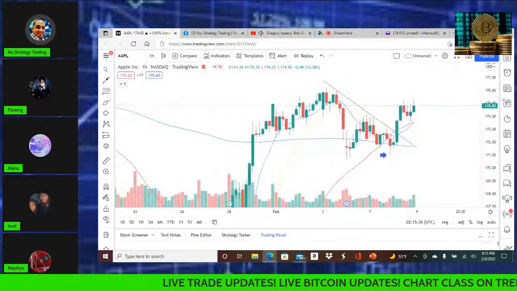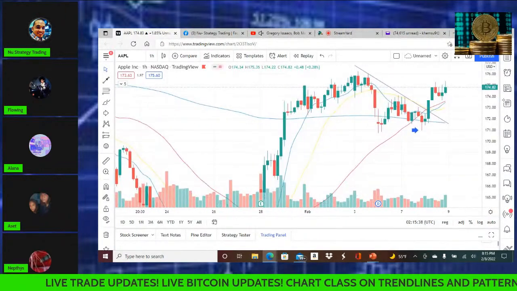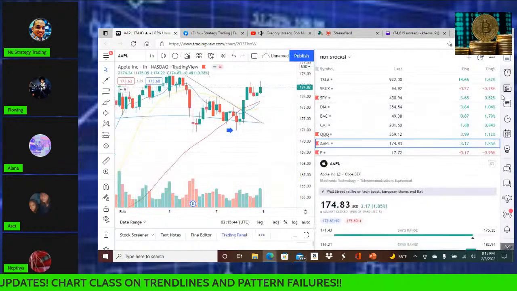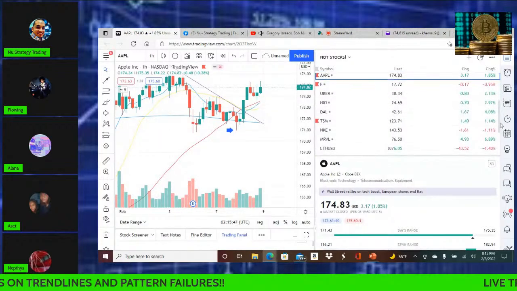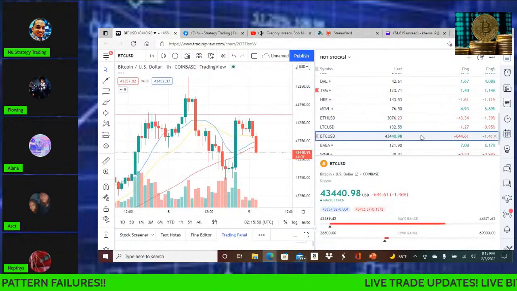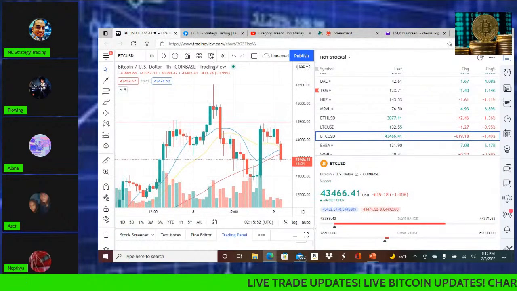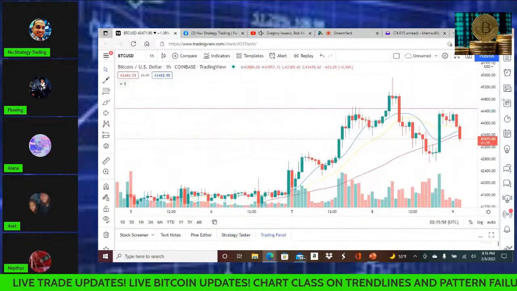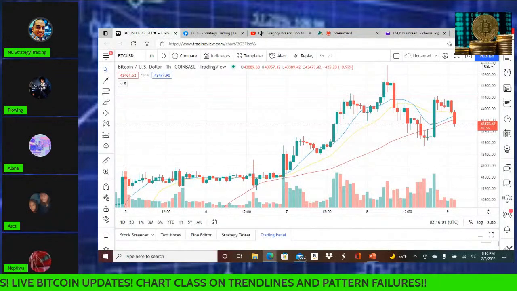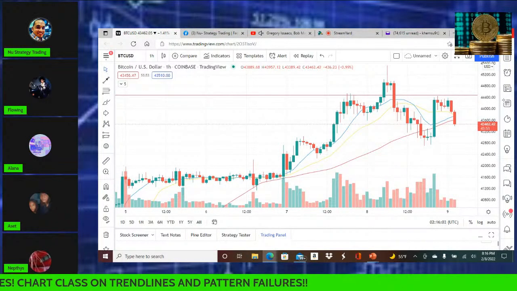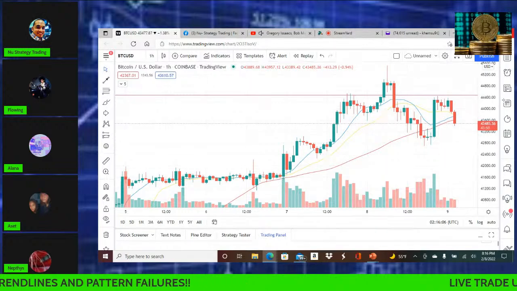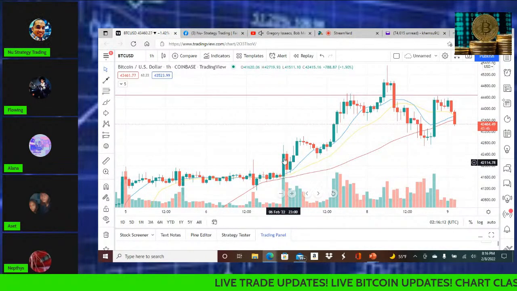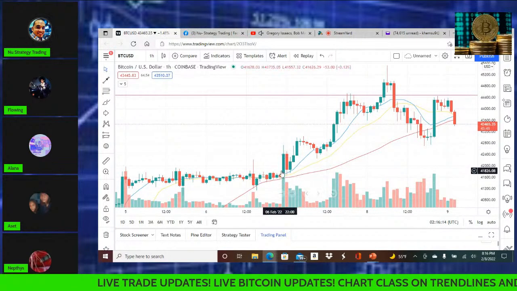All right. So we got the Apple trade. We're looking good on Apple already. We're eating on Apple. Bitcoin is looking good. Let me go back to Bitcoin one last second, because everybody is invested in Bitcoin. Not everybody is invested in options, but everybody is invested in Bitcoin. If you just look at this hourly chart on Bitcoin, a 1 hour chart, I never look at 1 hour charts on Bitcoin because 1 hour is a small chart and Bitcoin is long term for me. But you notice it went up. It gave you a bunch of tight action. Wow, look at that. Huge green bar right off of those moving averages.